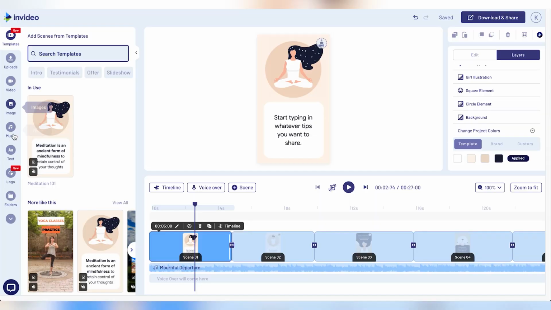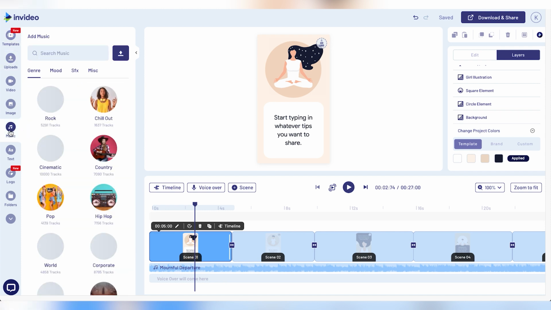Once you've changed the text, the colors, whatever other content you want to change in the visuals, you can also change the background music. So on the left-hand side here, you'll see a menu of all different kinds of media that you can add to your project. So I'm going to select music,